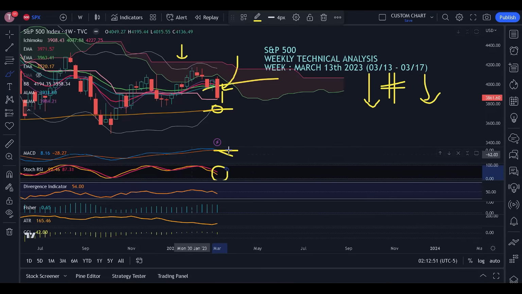So as of now, we will say that directionally through MACD, S&P 500 is bullish. But through the stochastic RSI on the weekly chart, S&P 500 is clearly bearish. The divergence is normal, saturation is fine, volatility and momentum, everything is okay. Now guys, there is one more important thing: once there comes a bearish crossover in